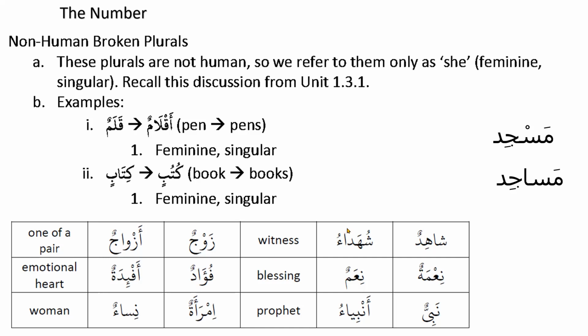So shuhada'u is a human broken plural. What is the gender of it? You can say the gender is masculine because there's no reason for feminine. That answer is also correct. And if I ask what is the number of it, you say plural, meaning plural is three, where one means singular and two means dual. That answer is right. But it can also be said that it is feminine and singular. For human, it can be done both ways.